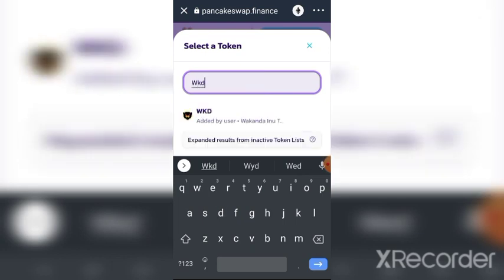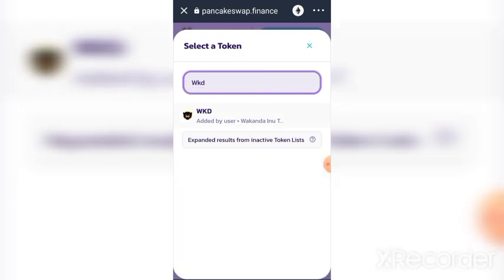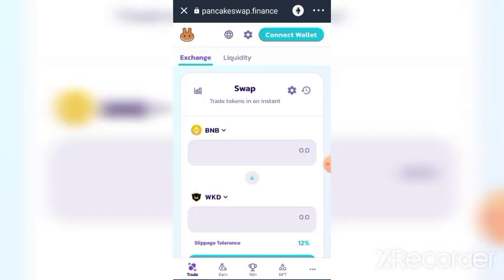And if you are using ERC network, you must have some Ethereum, because Ethereum will collect gas fee and it's always expensive. So you click on the Wakanda Inu. Once the Wakanda Inu has been selected, this is taking a little bit of time. Okay, I don't have Wakanda Inu actually, but now what you see is 0.0 because there's no Wakanda Inu here.